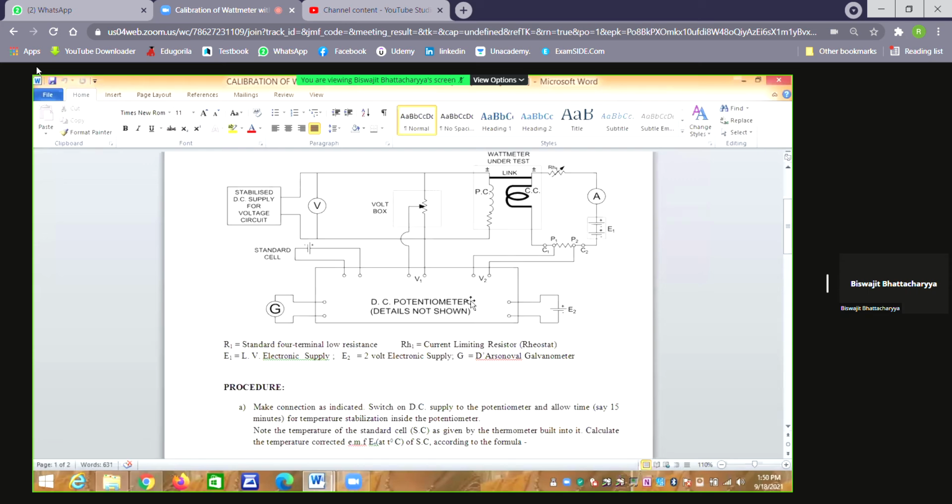Selector switch, when it is brought to position 2, we apply V2 and identify for which two positions of the slide wire the galvanometer deflection is in the opposite direction. Then our slide wire will be at some inner point, not exactly the middle point, between the two extreme positions. And then the galvanometer will show no deflection.